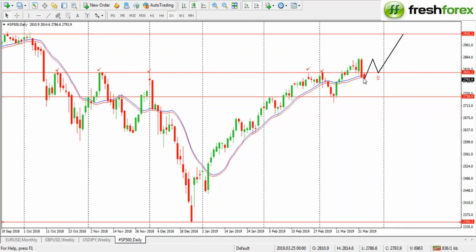We want price, let this green candle, the current red candle, let it close clearly. If it closes below, then we will remain flat. But if it closes green and above 2815.3, then we'll wait for a retracement back before we pick a buy